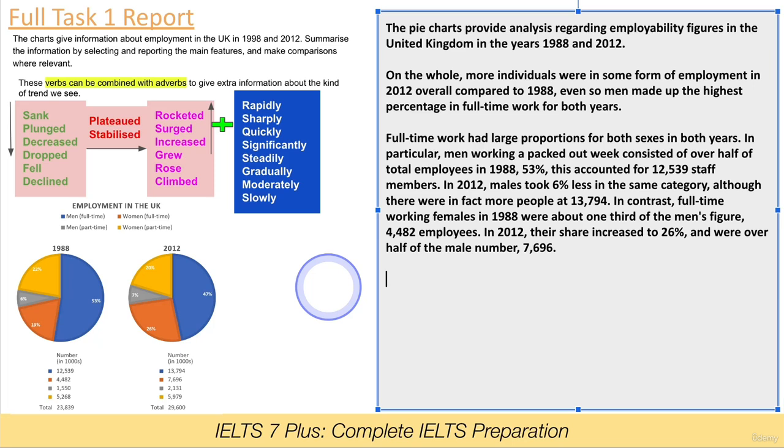On the whole, oh, sorry, I'm reading the overview. Let's start from the group. Full-time work had large proportions for both sexes in the 2 years. In particular, men working a packed out week consisted of over half of total employees in 1988, 53%. This accounted for 12,539 staff members. In 2012, males took 6% less in the same category, although there were in fact more people at